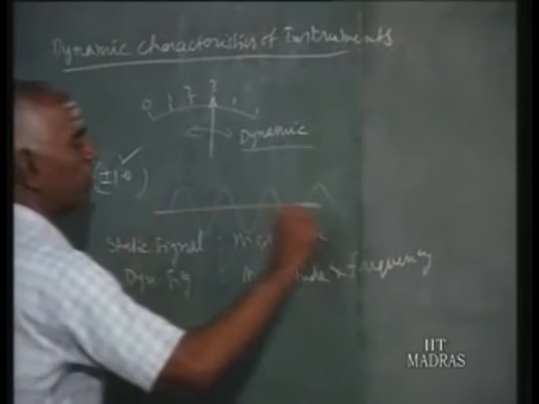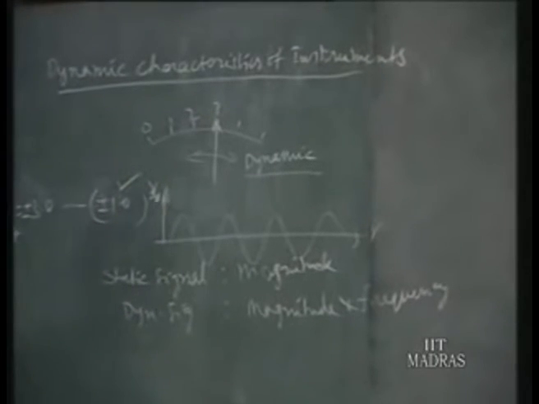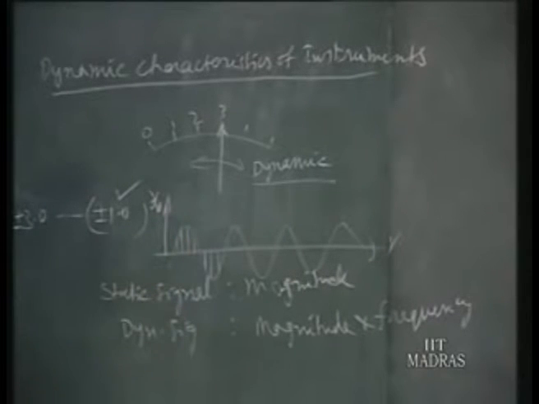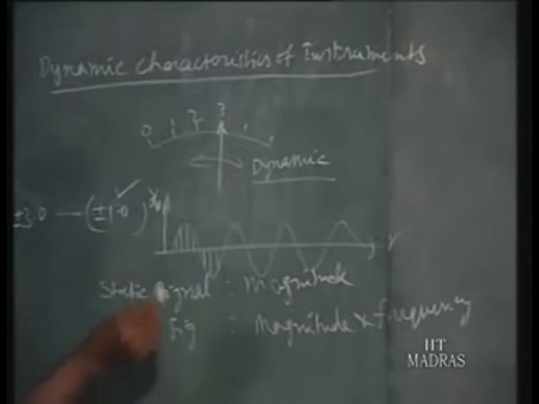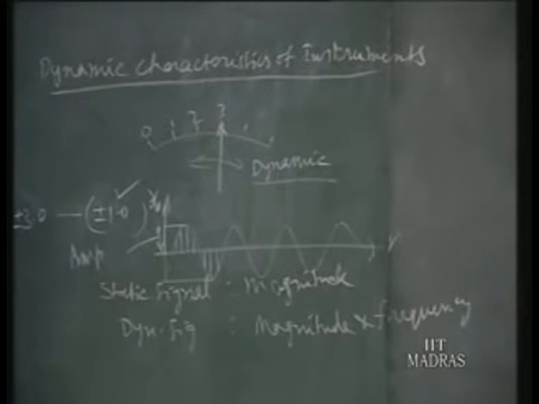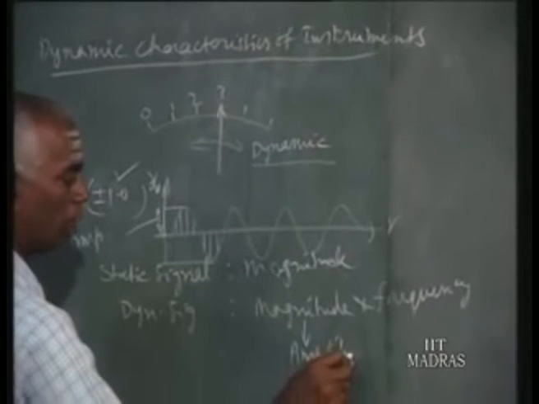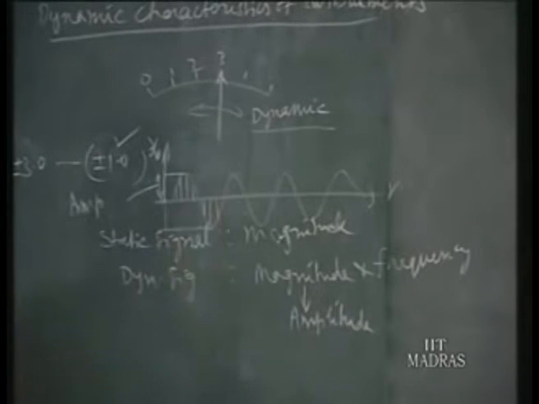Magnitude: suppose this is the time and this is your output signal, say output signal XO. If it is varying like this, you see the magnitude at different instants varies. Sometimes it is positive magnitude, sometimes negative magnitude. So we cannot state an instantaneous value. Instead we give the amplitude. That maximum magnitude is called amplitude. Amplitude is the maximum magnitude during the variation. Amplitude and frequency are the two measurements which will fix the type of variation.